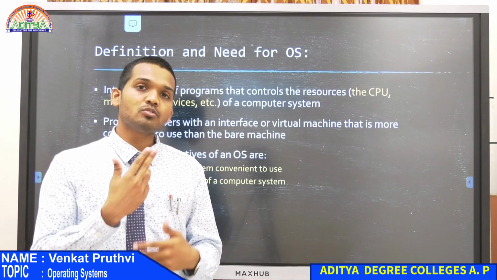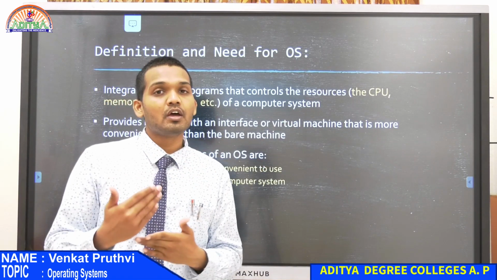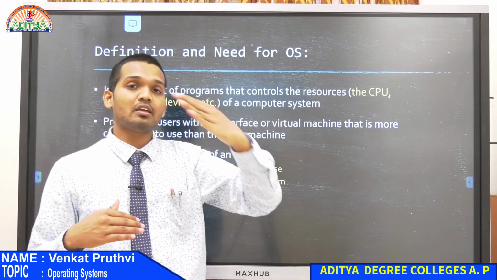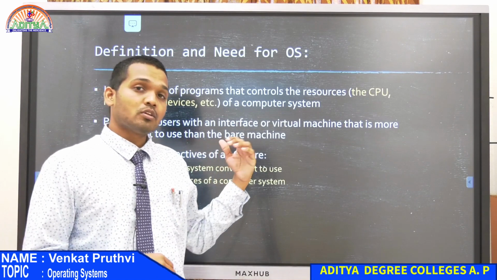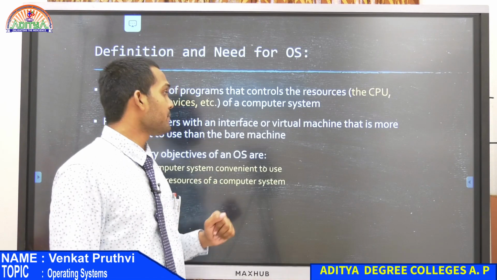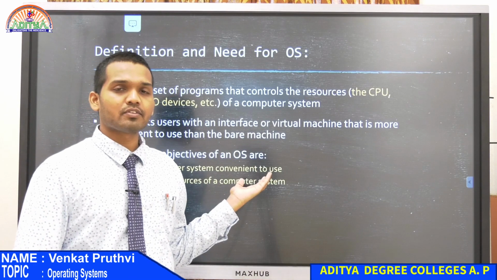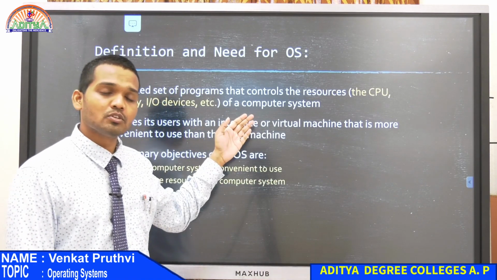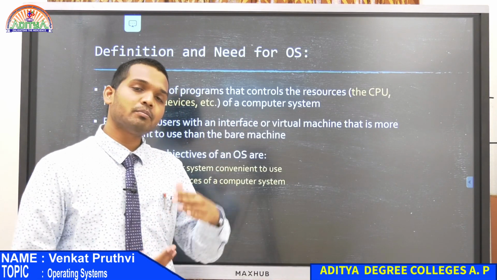So you can use two or more, any number of operating systems with the help of virtual machines, and it again depends upon the resources. If you have high end resources for your computer, then you can go with multiple operating systems that your resources will support. Okay. And the interface is the common thing that we were talking about, graphical user interface, GUI we call it, that helps in interacting the user with the hardware or the back end of the computer.